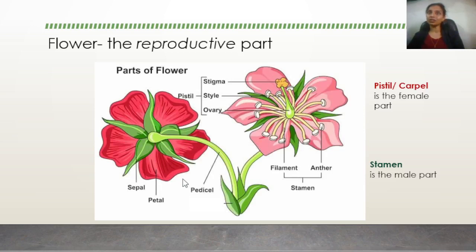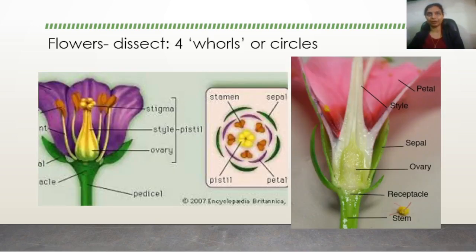The flower also consists of the bright colorful part, which is none other than the petal. And when the flower is a bud, you must have seen flowers bloom. So the flower is first a flower bud. So when the flower is a bud, it is protected by certain green, petal-like structures, and these are called as the sepal. The sepal is green in color, which means that sepals contain chlorophyll and they can photosynthesize. The function of the sepal is to protect the flower when it is still a bud.